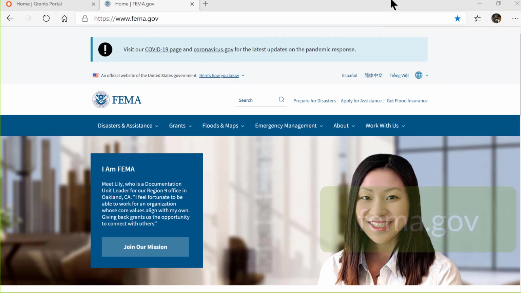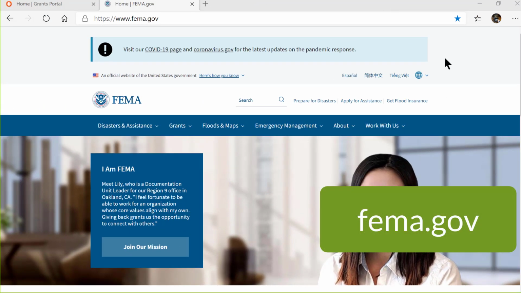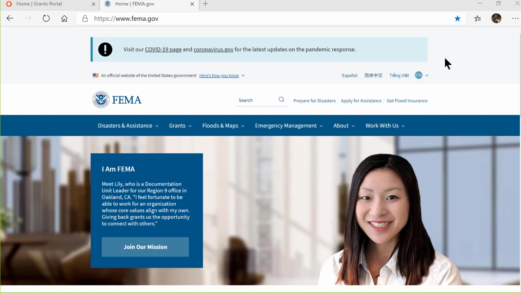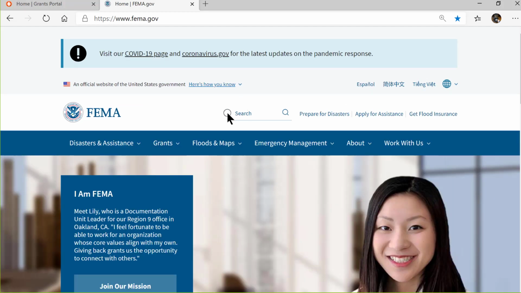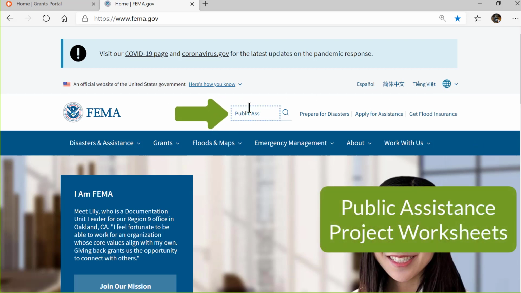And you see, this is FEMA.gov. They just did a rebrand, so it looks a little different if you were on it maybe a month or two ago. I'm going to zoom in just a little so you can see the search bar a little more clearly. So once you're on FEMA.gov, what you're going to do is search Public Assistance